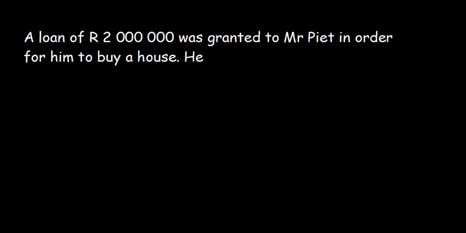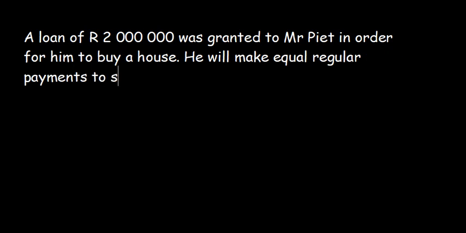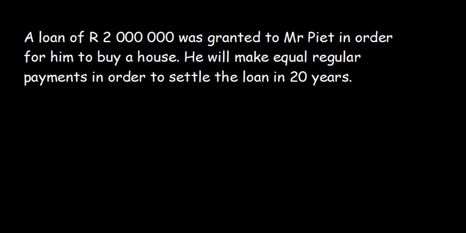He will make regular, equal payments to settle the loan in 20 years, and it's usually what happens in real life. So you make those in order to settle the loan in 20 years. So then the bank gives him